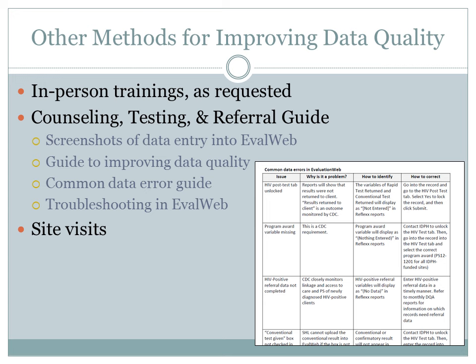And in there's a guide to improving data quality, and it's specific to both the collection of the data but also just entry of the data. And then there's a guide in there just on some data errors. And so there's a small little screenshot here of a chart that includes some common errors that they may encounter when entering data or trying to run reports. And so it just tells them why it's a problem and how to fix it. And there's also then just a guide on troubleshooting an evaluation web. So again, if they're getting error messages, it provides them with information on how to remedy that.